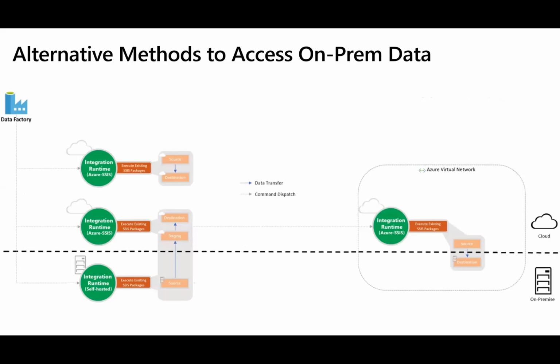Let's differentiate two methods to access on-prem data, like I mentioned before. The first method is joining SSIS-IR to a VNet connected to your on-prem network, and the other one is using self-hosted IR as a proxy for SSIS-IR. You can see on this picture, if you use the method of self-hosted IR as a proxy, essentially,